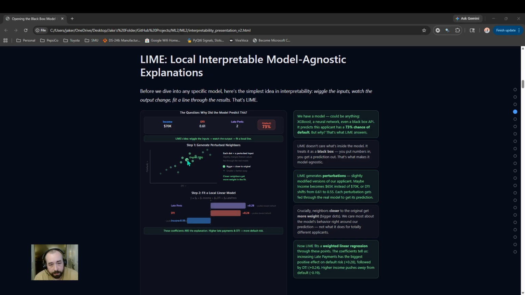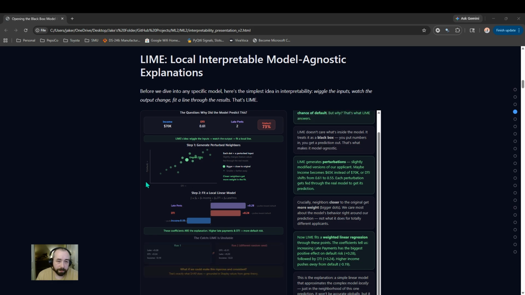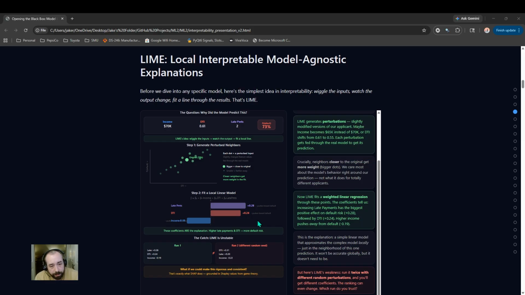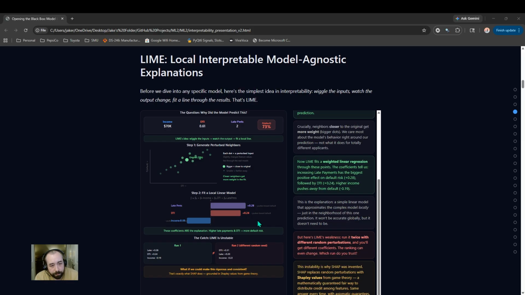What it will do is create some random points of data around that original, run it through your model again, create a linear regression based off of that, and then figure out what values or what variables were moving the needle the most. And so it gives you some understanding of, based on this very specific row of data that you're looking at, what might have been driving